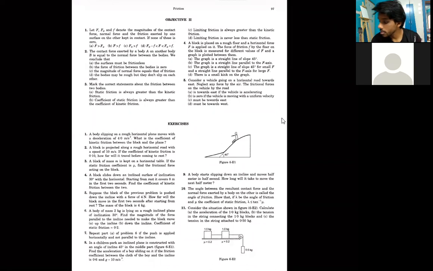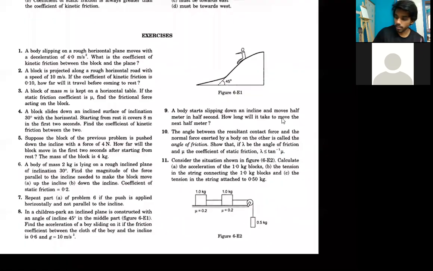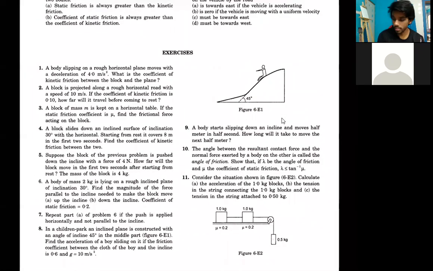The thing is, I said I'm going to discuss a few questions from H.C. Verma. If you have already practiced the questions from the H.C. Verma textbook, you might have got some doubts, but I'm not sure if you have practiced it already. There are a few students with me who have practiced it, so I'm just going to discuss the doubts that they got. Okay, I'm just going to start with question number 10.